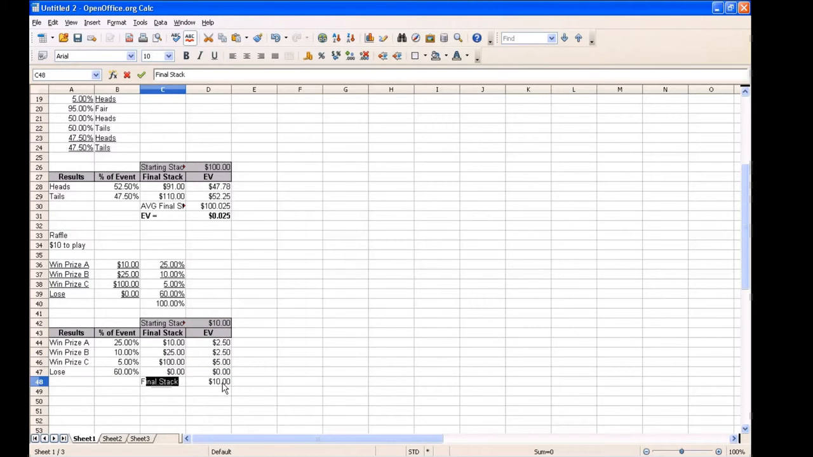And this is our final stack. And our EV for this one is going to be 0. I did not mean for it to work out that way. It just kind of did. So let's say